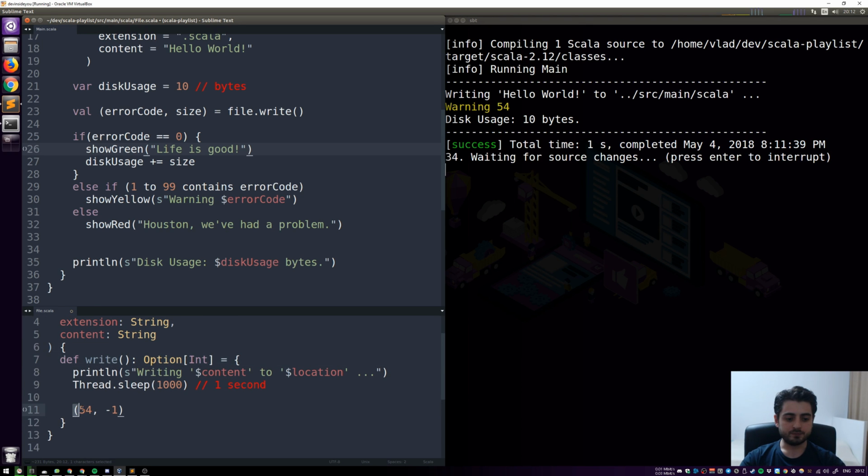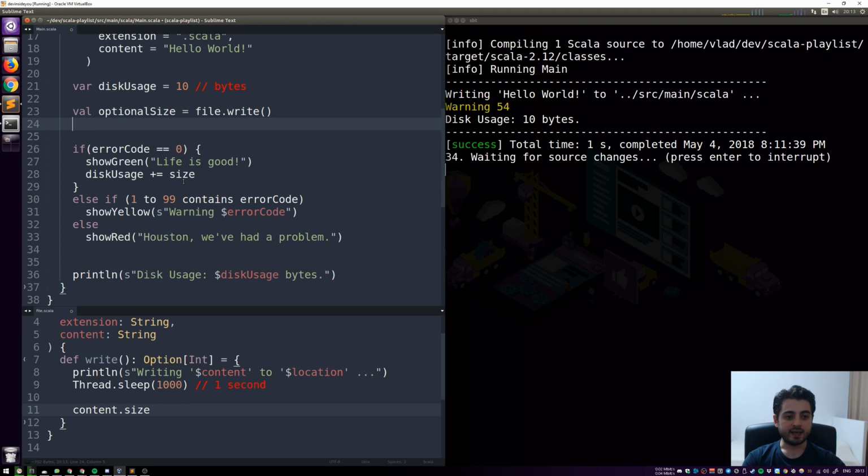So if everything goes well, then we just return the size as we did before, content.size, right? So file write is now returning an optional size, right? So this thing is an optional size now, right? And the actual size is going to be optional size dot get, right? And we also need the error code. In this case, we actually don't have the error code, which kind of sucks. But what we can do is we can say if optional size is defined, which is just a member on